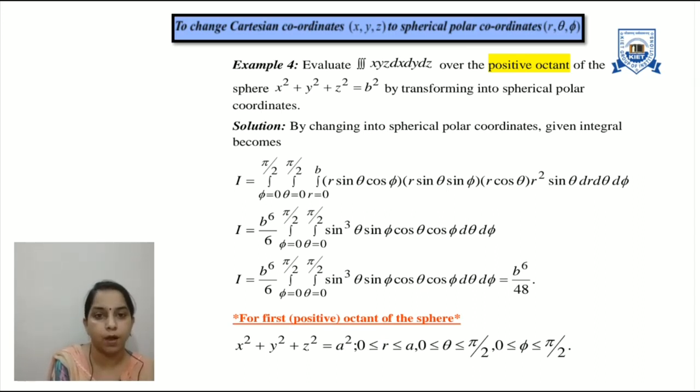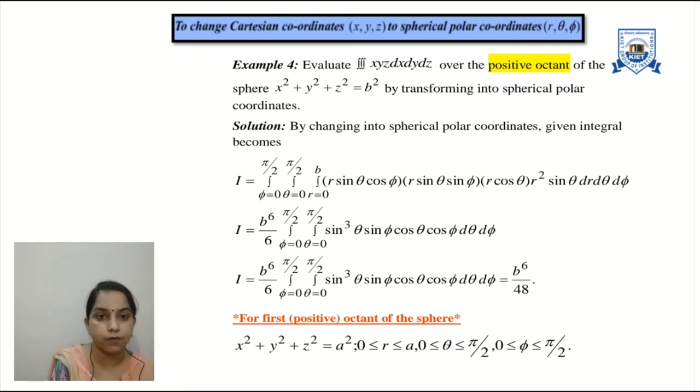So, talking about positive octant, you all remember what positive octant is? All values start from 0 and take the limit in the positive sense. So r takes the limit from 0 to b, theta takes the limit from 0 to pi by 2, and phi also takes the limits from 0 to pi by 2. Now integrating first with respect to r, we have b to the power 6 upon 6 after putting the limits of r, and now we have functions of theta and phi in the integration. So we have limits theta equals 0 to pi by 2 and also phi equals 0 to pi by 2.